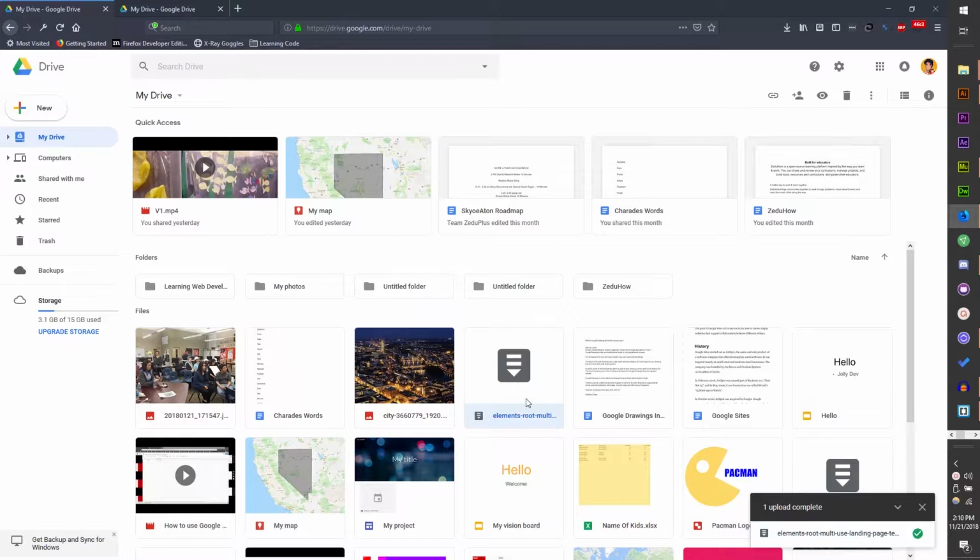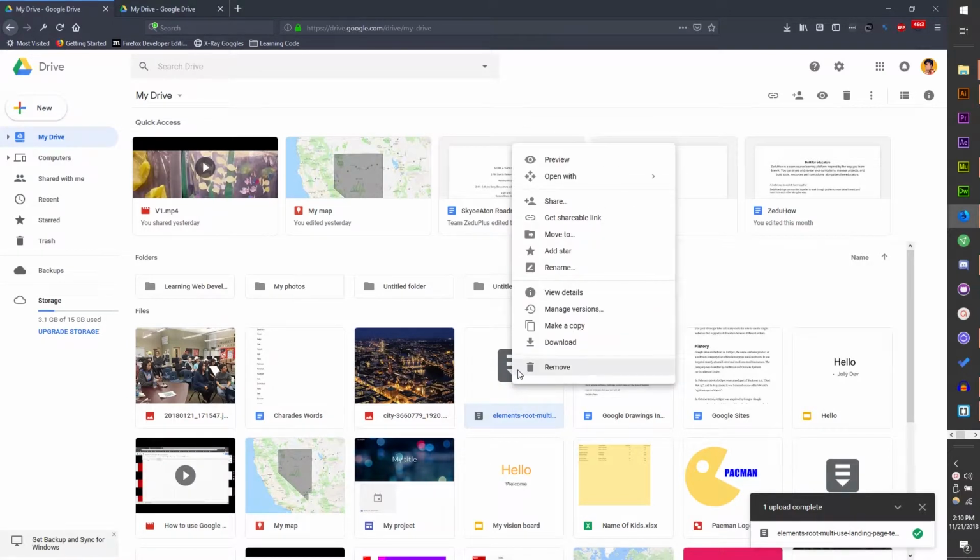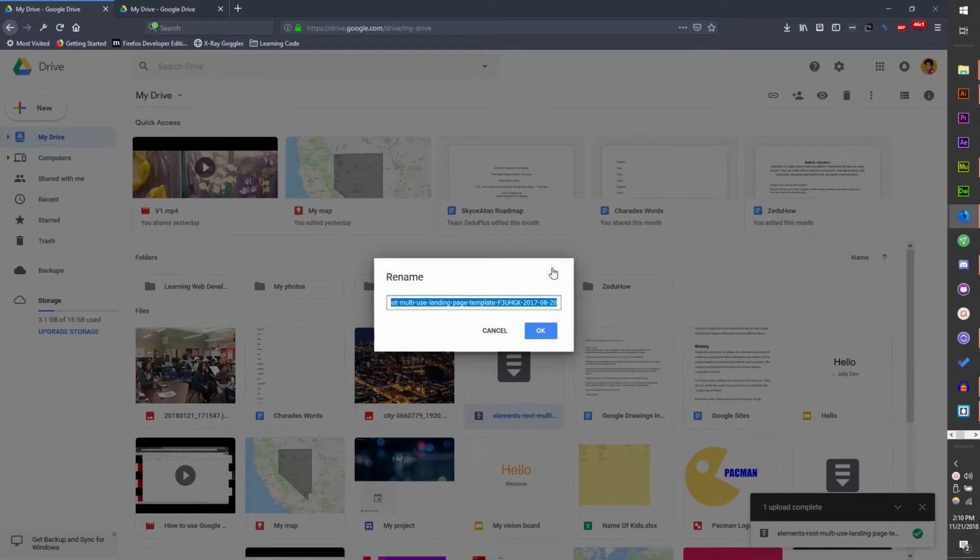If we click here, we can see Locate in My Drive, and it highlights it. If I right-click on the file, I could make a copy of it, or I could view Manage Versions. If something has the same title, it'll add it up here so you can see all the different versions. I can rename it, which I'm just going to do. So I'm going to remove that, and I'm just going to